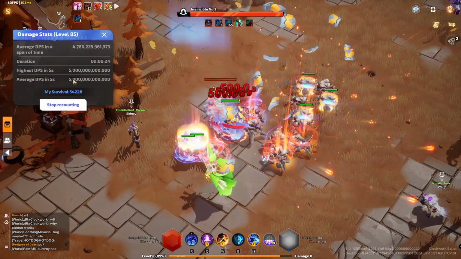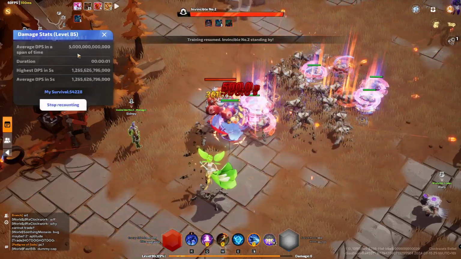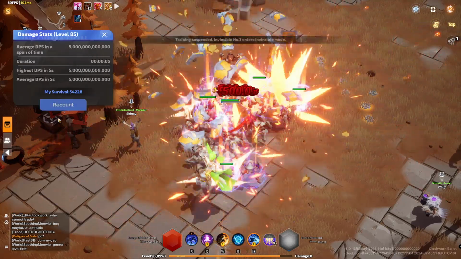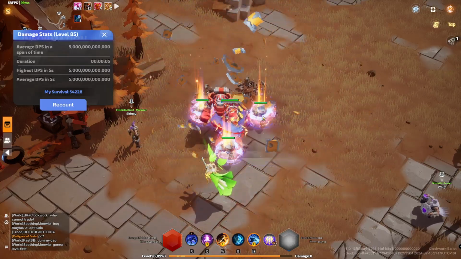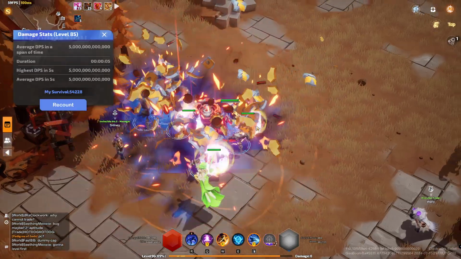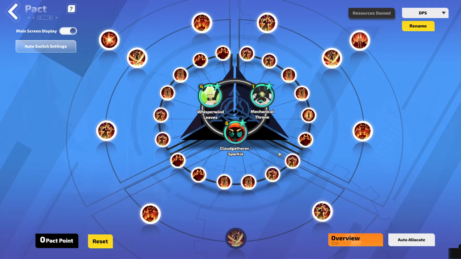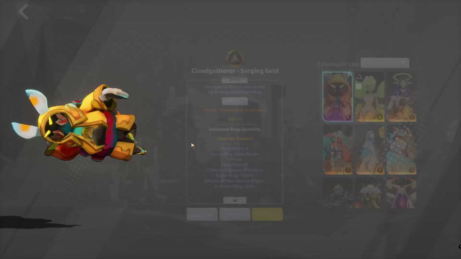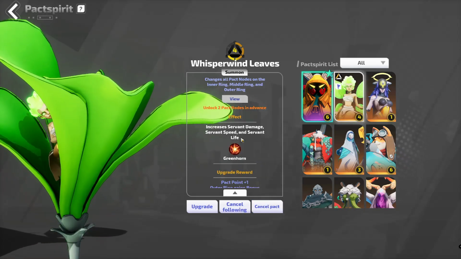In DPS pack spirits, it caps 5 trillion in 1 second. So well and truly over 5 trillion DPS with drop spirits. I'll just quickly show you the ones that I have. I don't really ever use this because I have 5 trillion DPS and not much in the game can live past that anyway. I've been lucky enough to get a lot of this